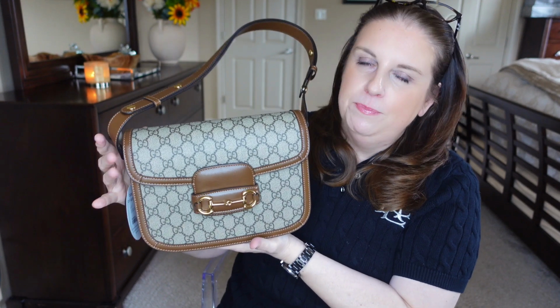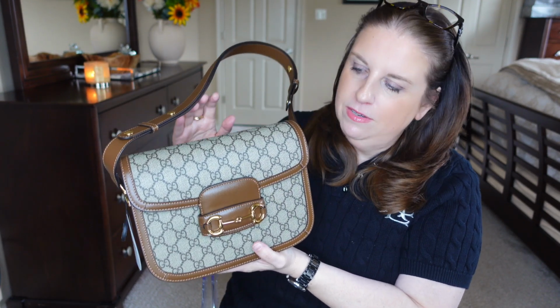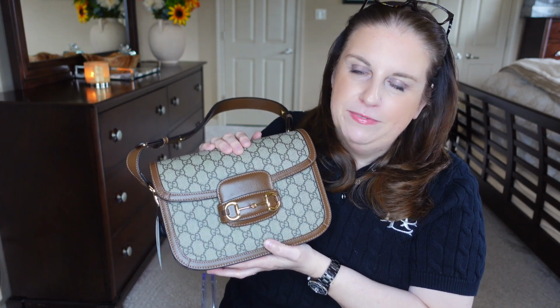So obviously if you put it down on the table, it's just gonna stay like this. This is just not gonna move. So love the design, love the shape of this. I love this little horse bit,